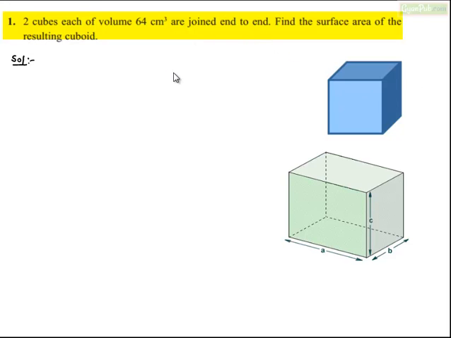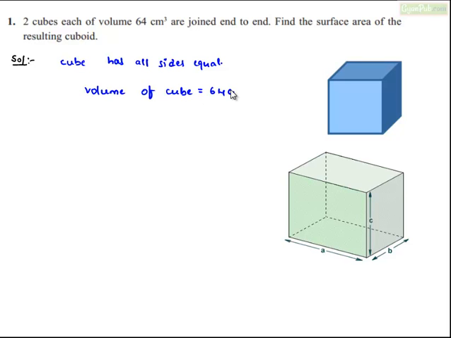So here, we know that a cube has all sides equal, and the volume of one of the cubes is given as 64 cm³. If two such cubes are combined to form a cuboid, then if we observe the figure, there will be only a change in the length of the cuboid. So, when two cubes are joined, the resultant cuboid will have length of side plus side of the cube, that is, let it be x plus x, which is equal to 2x,